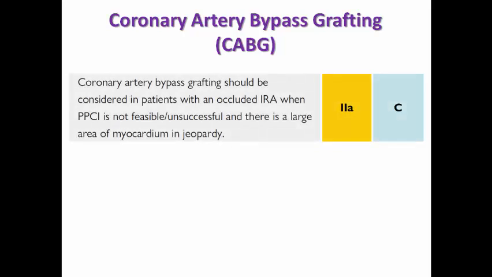Now let's move to coronary artery bypass grafting. We are not going too much into this topic as the recommendation here is clear. CABG should be considered in a patient with an occluded infarct-related artery in a STEMI patient when primary PCI is not feasible or unsuccessful and there is a large area of myocardium in jeopardy, for example in cases of extensive anterior